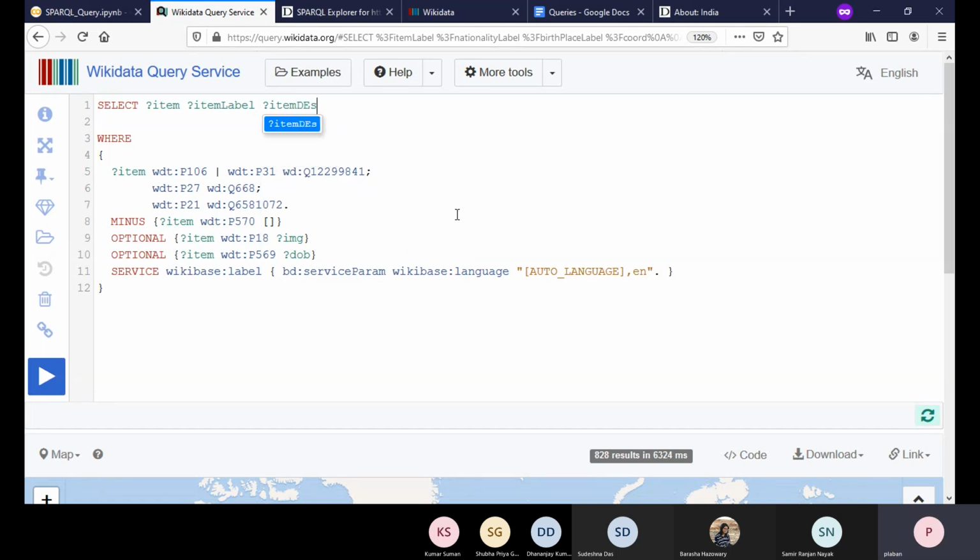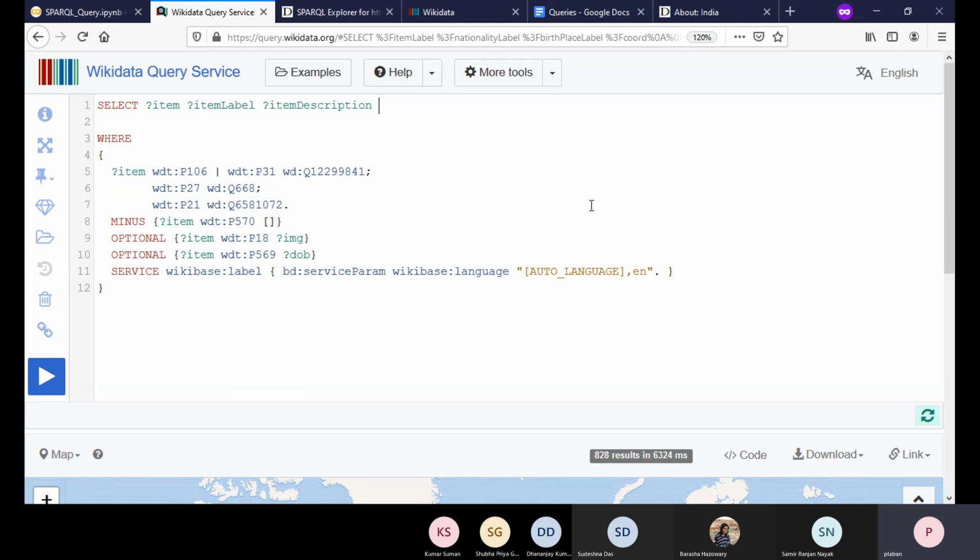The item description contains different other descriptions about this entity in Wikidata, right? You just need to say description. And of course, for that, you need to make use of this service, right?